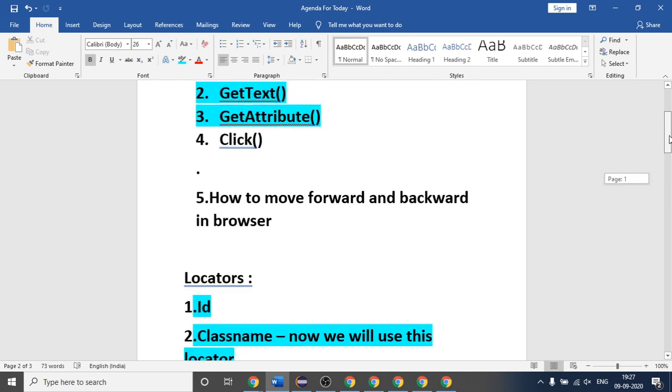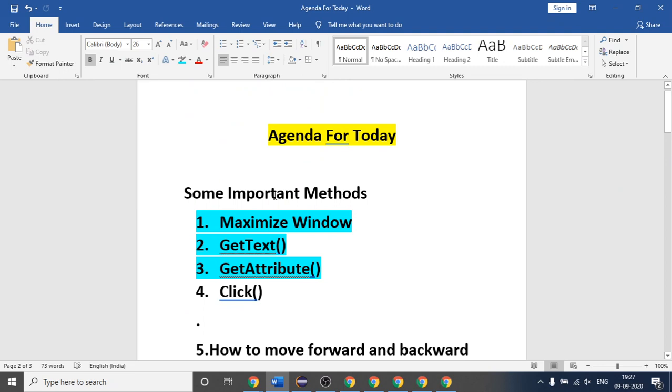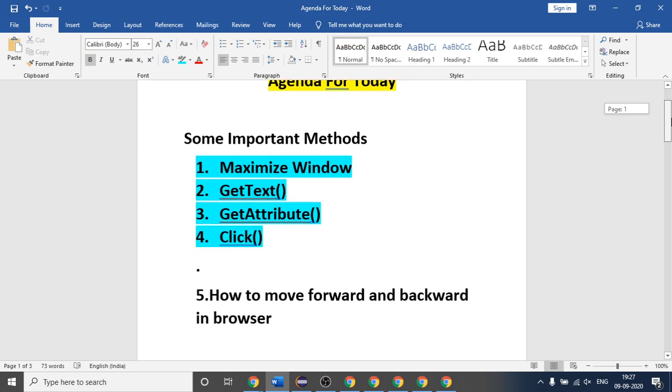So you can see we have learned how to maximize the window and how to get text. We will use the get attribute method when we have to extract the text from the text box. We have also discussed how to use the click method. We have also seen how to click on the continue button with the help of the click method.